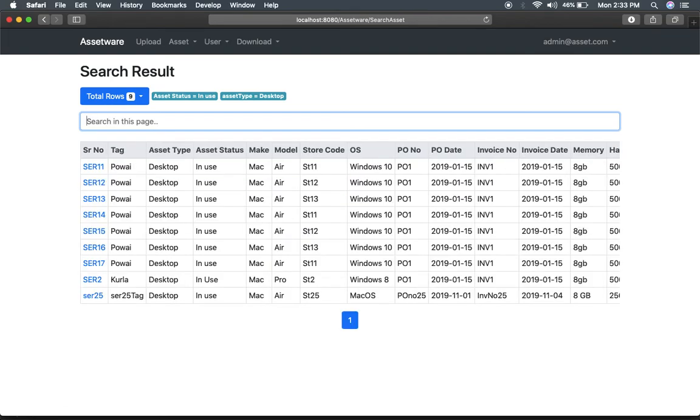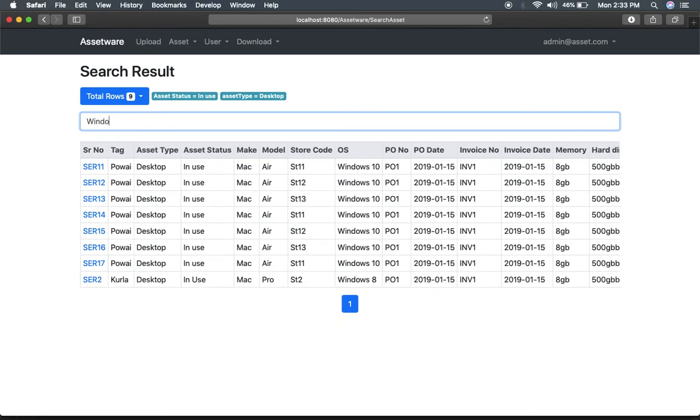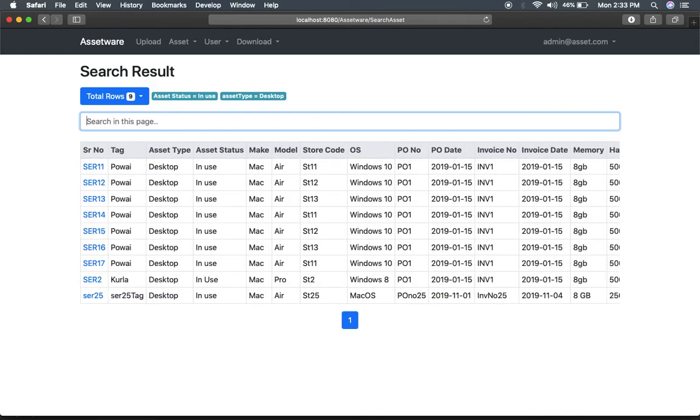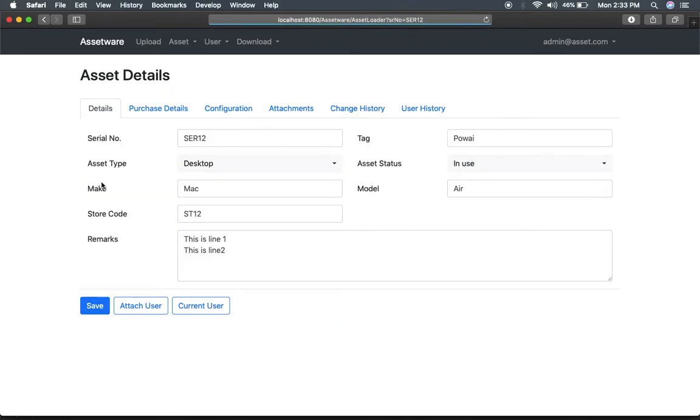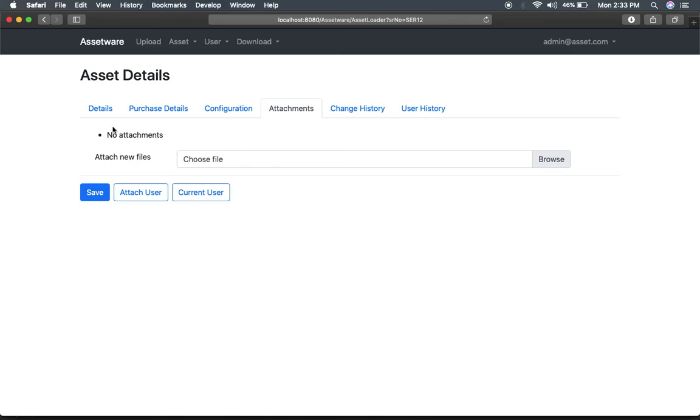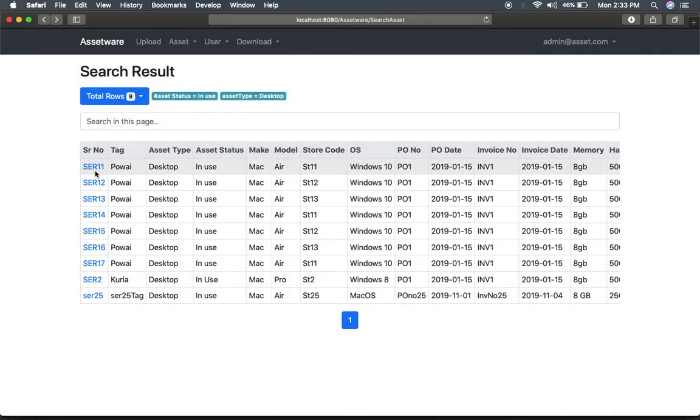For example, if you type how many of them are with Windows 8, so if you type Windows 8, you can just quickly filter these 10 rows. You can click any of them to check the details of them. For example, if you click this, you'll be coming to this page to check more details. Okay, so if I go back